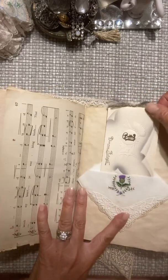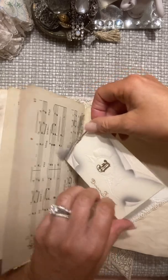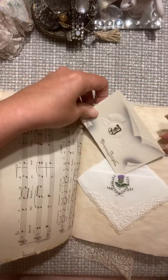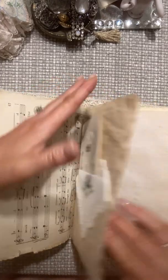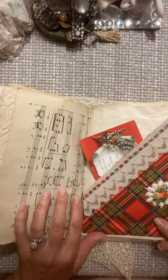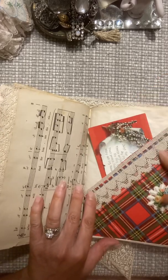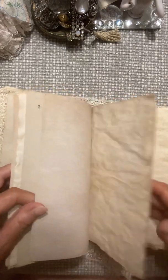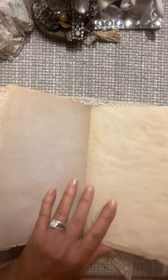Again, another little pocket there. Dinna forget. That's a very Scottish phrase. So that one in there. And then more chromo scraps, and music sheets. Another little pocket like the other one with the antique paper. And I put a little embellishment on there too. More embellishments,